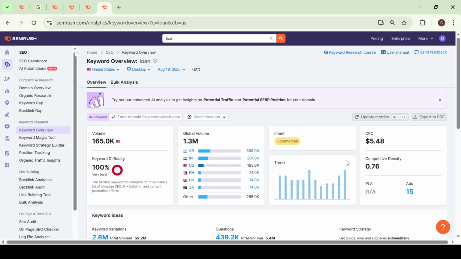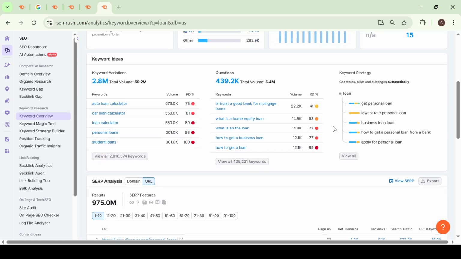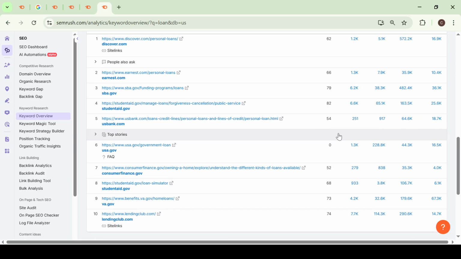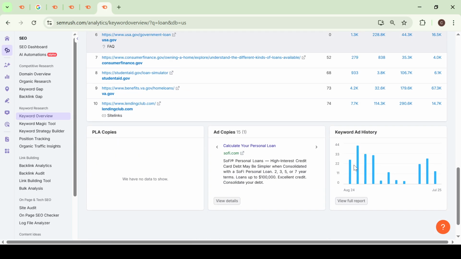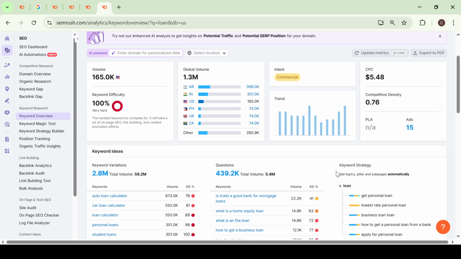After you've selected your location, Semrush will generate a report. It will display the monthly search volume for your chosen keyword in that specific area. You'll see a wealth of data including the search volume numbers, which tell you how frequently that keyword is searched within the selected region. Additionally, the report provides other key metrics such as keyword difficulty and the cost per click